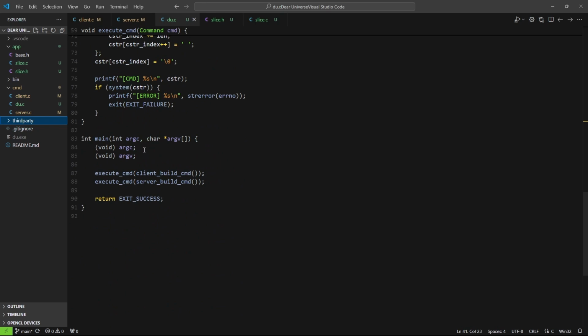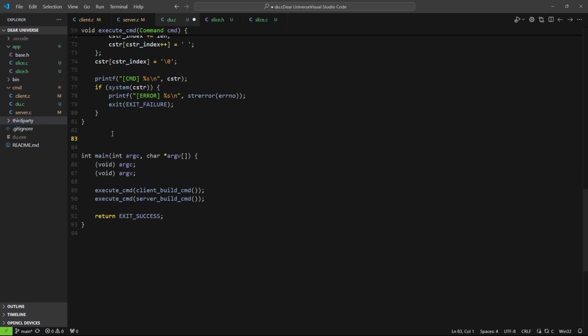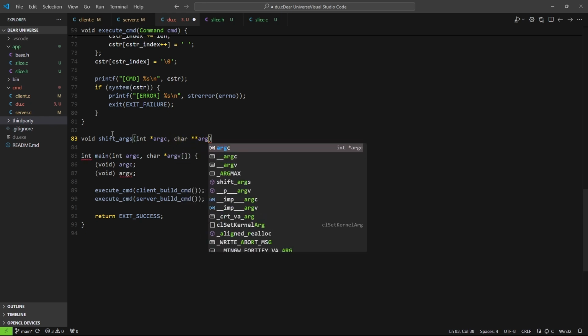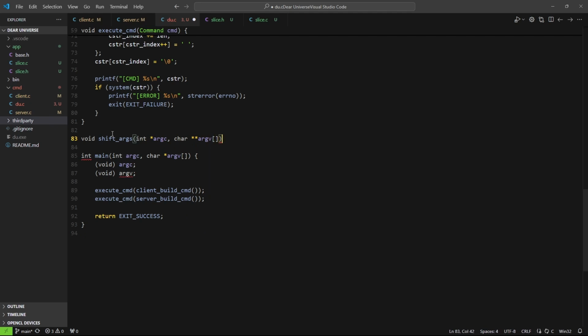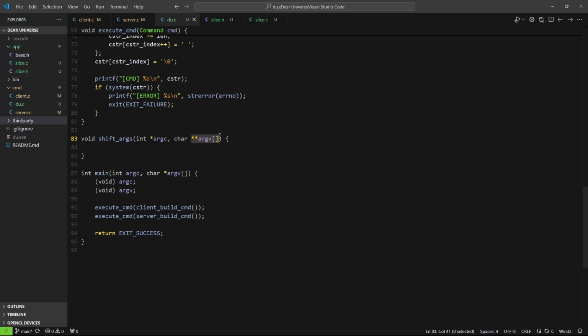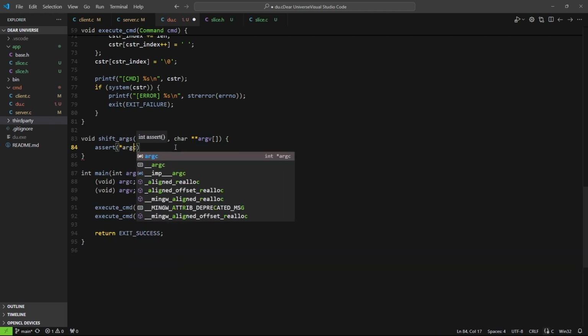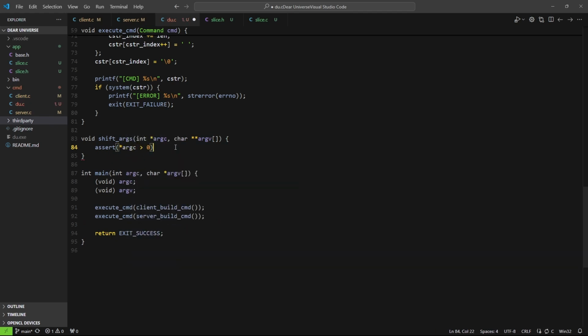So if I support commands, let me have a function something like void shift args, and this is going to accept a pointer to argc and a pointer to argv, and this is the same as a triple pointer, right? So I can assert that the value of argc is greater than 0,